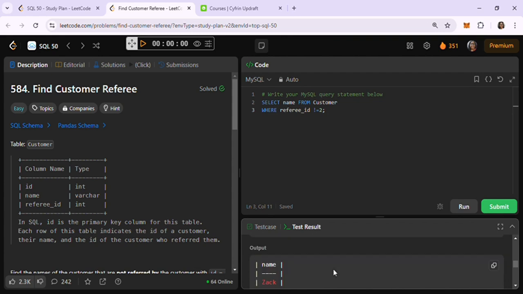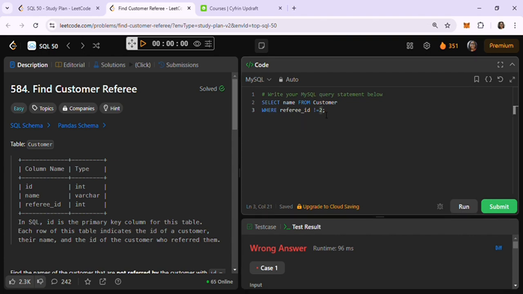But my output only gives Zach and does not consider the other three who have null in their values. It is because the referee ID is of type int, and it'll only consider the integer values and not null. So to make sure that it considers the ones which are not 2 or the ones which are null, either of them,